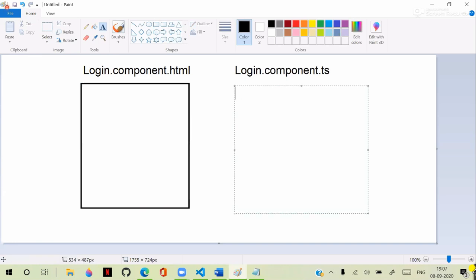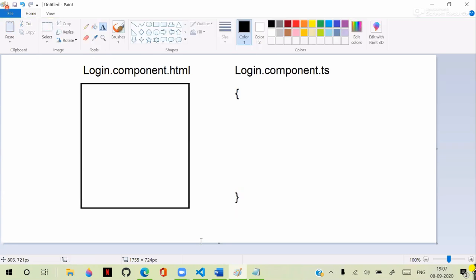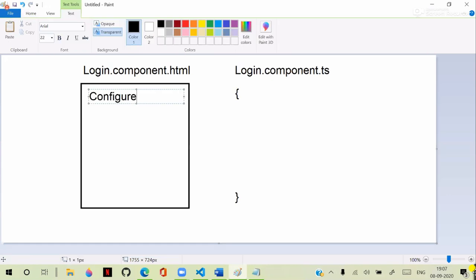Forms can be handled in two locations. You can configure the form and handle the manipulations with the form